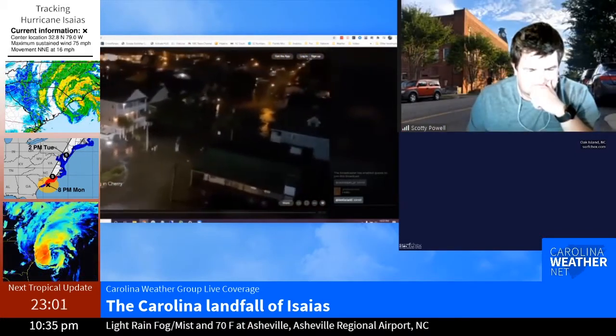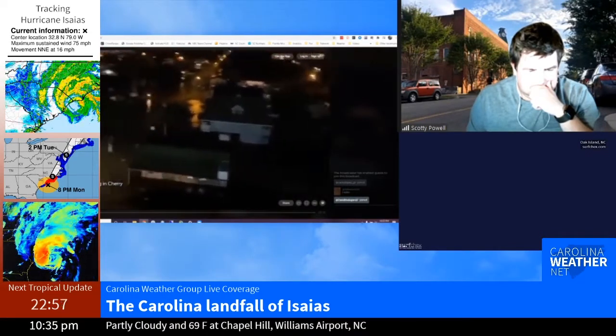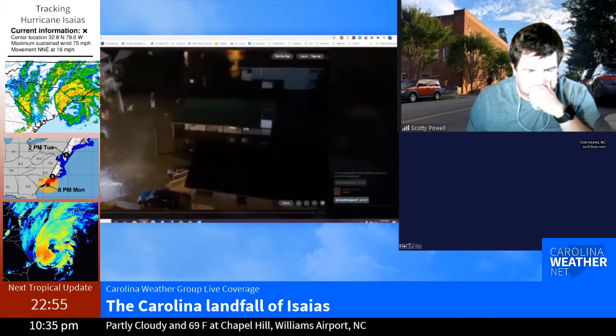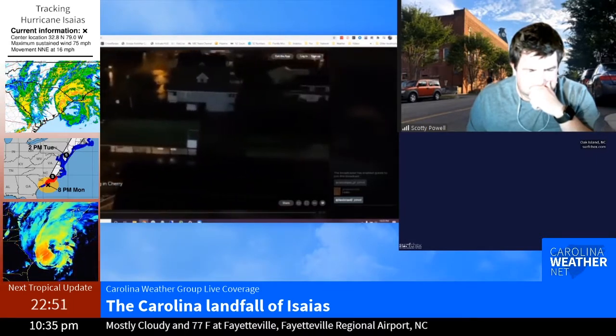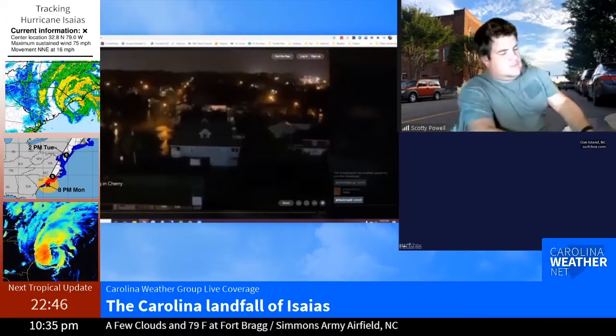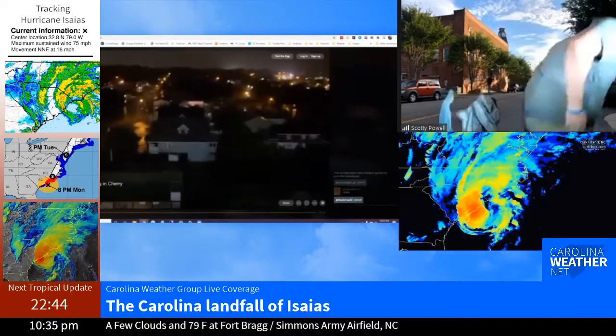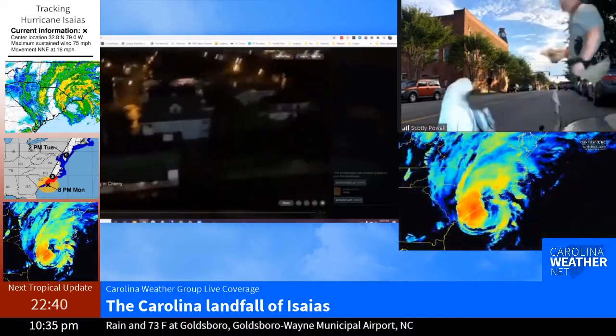All right, for everybody watching, sitting here in South Carolina, Cherry Grove Beach, got me a nice elevated position in a parking garage here. What's going on is it looks like a lot of the storm surge flooding is coming from the marsh side in Cherry Grove. Everything that you can see here is underwater. I mean, there's literally 3 and 4 feet of water over most every single street here. The only reason I know that's because